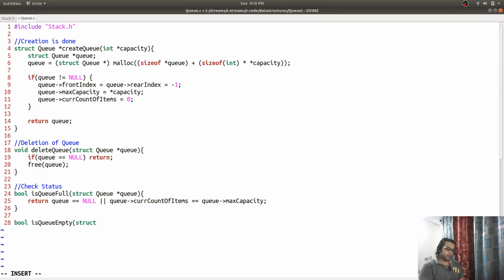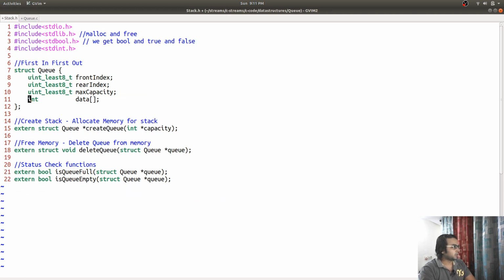Okay, I think we can just write a function and get rid of this variable, and we are going to remove that variable. I don't want to waste any memory, and